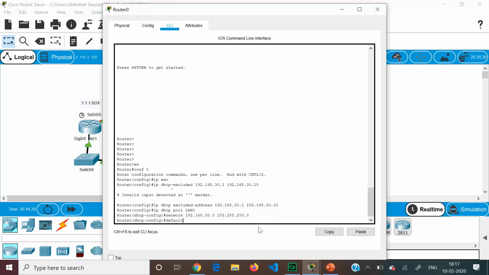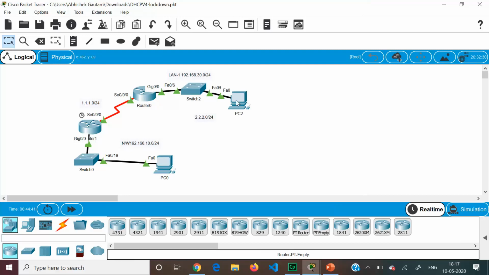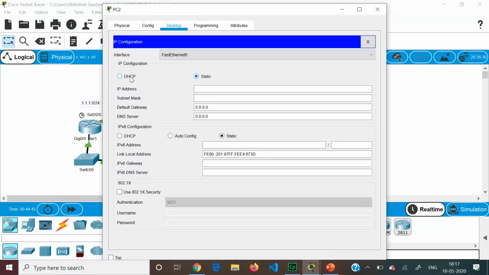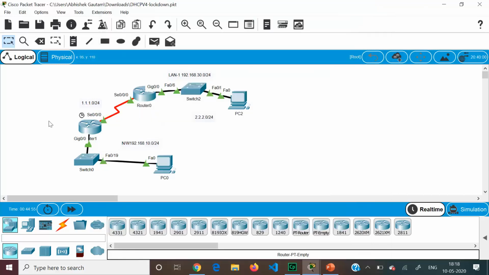The default router, as we discussed, should be the exit point, which is the gigabit interface IP address 192.168.30.1. Okay, so we will go to this PC2 in DHCP. Let us click on DHCP and see whether it is getting 30.16 and 192.168.30.1 as the default gateway, right?